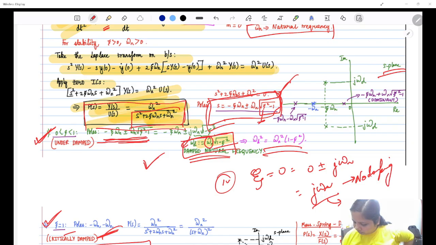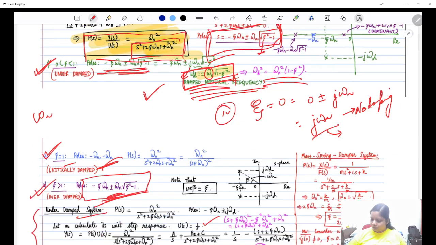So if the question is something apart from natural frequency and it is asking the frequency of the system and there is a damper involved over there, then it has to be damped natural frequency. Meaning, if it is going to ask you omega n, it would directly say natural frequency. If it has not said natural frequency, that means it is asking about the frequency of the system, and the frequency of the system would definitely take into account the damping of the system. So it has to be damped natural frequency.